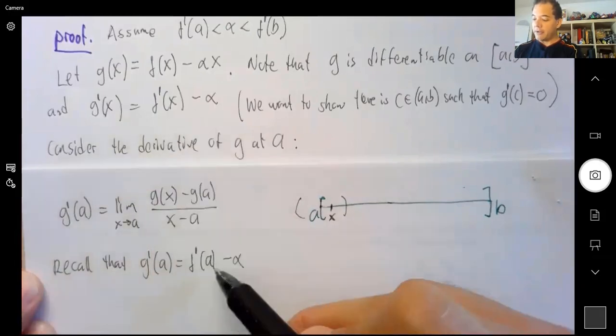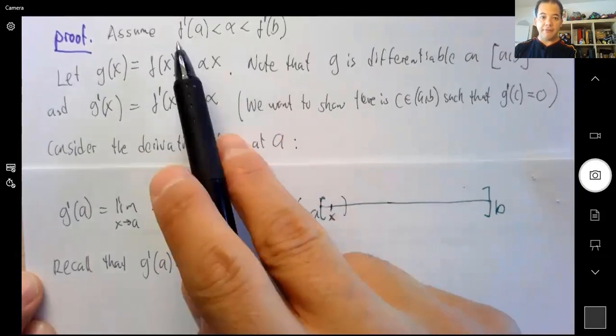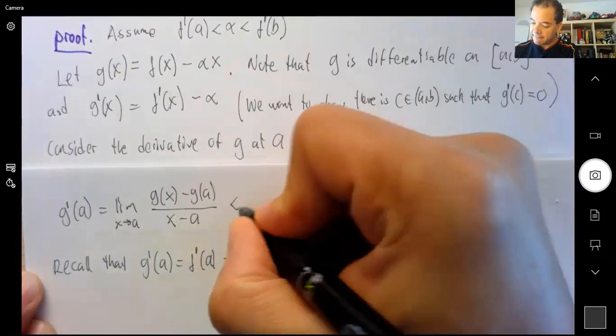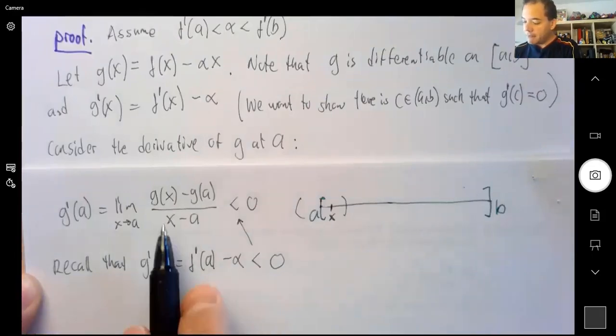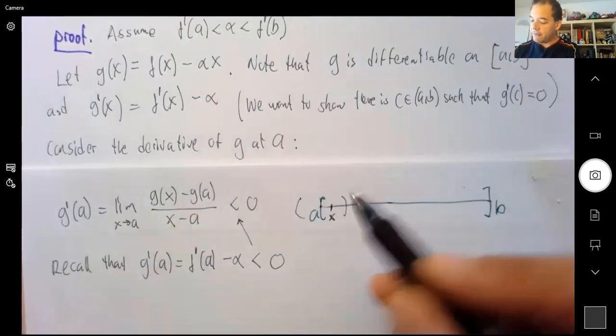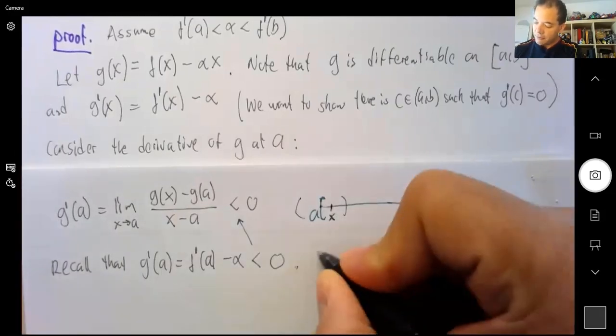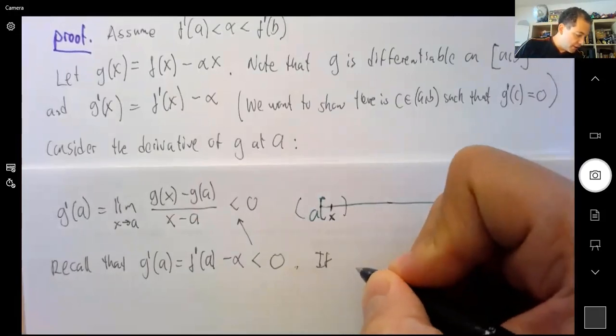And what do we know about f prime of alpha by assumption? As I have it right here, f prime of alpha is less than alpha. So this number is less than 0, right? So the derivative right here is less than 0. Yes? And because it's less than 0, and if we imagine that x is to the right of A, so if we consider,